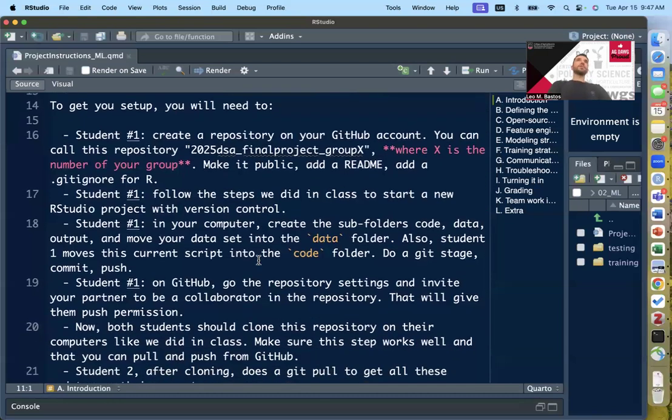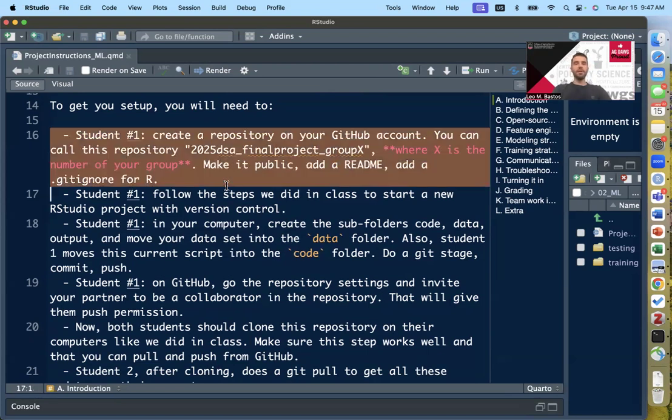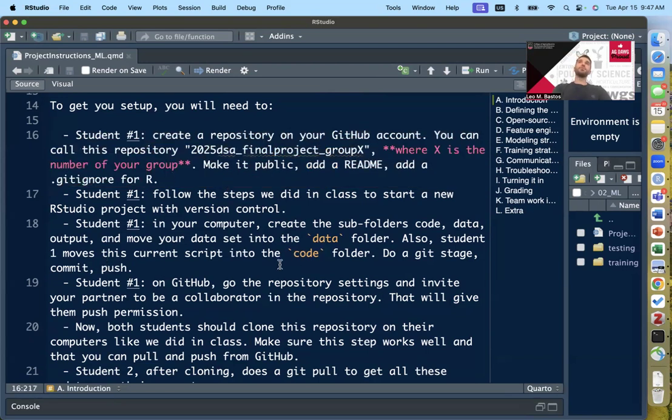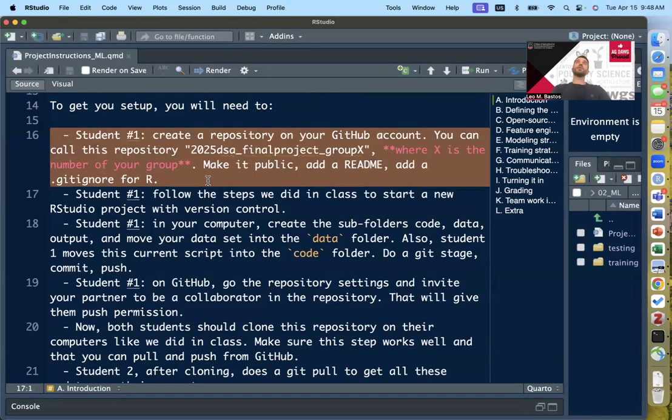All right, so the initial part of the instructions are just the setup of your GitHub repo. That applies the same way as we just talked about on the experimental design final project. So if you're working with another person, and if you work alone, it doesn't matter, you're still expected to do this through GitHub to follow all of our reproducible practices as far as organizing files in the proper way, naming things appropriately, making sure even your code files have a name that makes sense,